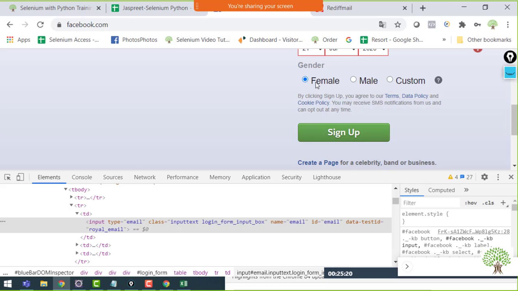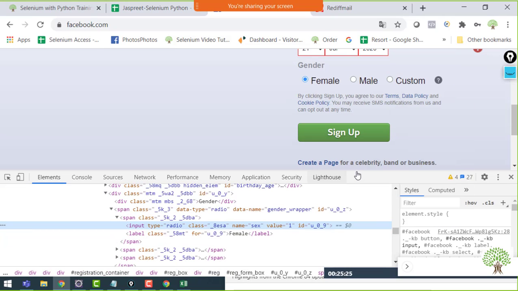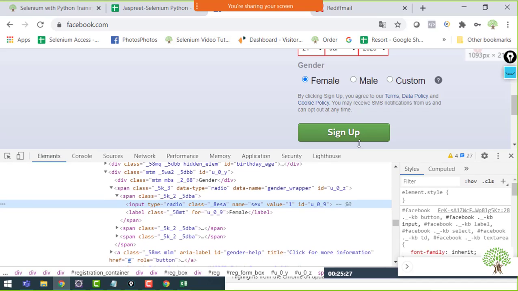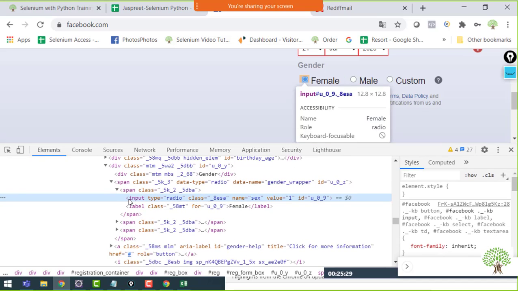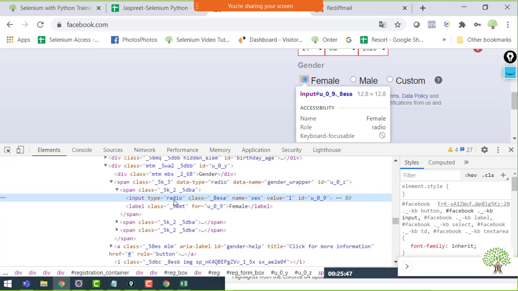If I inspect any of the radio buttons from here, you can see that it has the tag name input. That's the tag name the radio buttons will have, and the type will be radio, just to make sure what type of element we are working with.